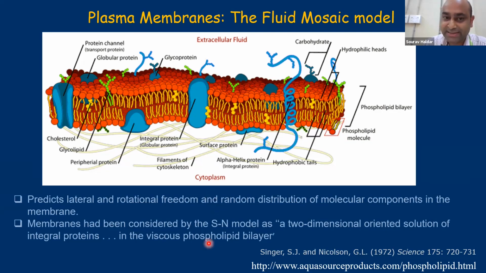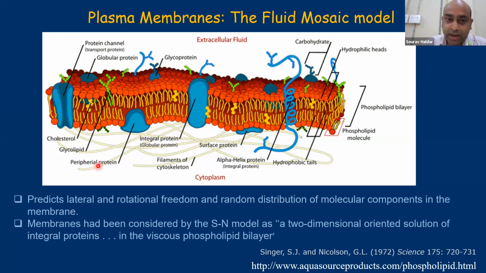the proteins are embedded, as I told you, either in a peripheral fashion or in an integral membrane fashion. In fact, Singer and Nicholson are the ones who, for the first time, formally distinguished between integral membrane proteins and peripheral membrane proteins. The peripheral membrane proteins can be very easily dissociated from the membrane by changing the salt concentration, whereas the integral membrane proteins are very difficult to remove from the membrane because you have to use detergent solubilization to strip off all the lipids around. And in fact, Singer and Nicholson are credited for making that clear in their model.